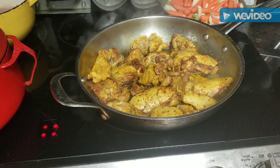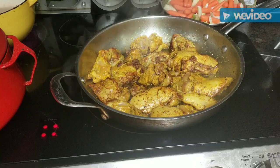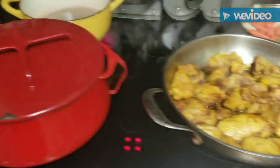So I'm going to go ahead and get my water boiling for some rice. I'm going to cook about 3 cups of rice back here on the back burner. Got my water